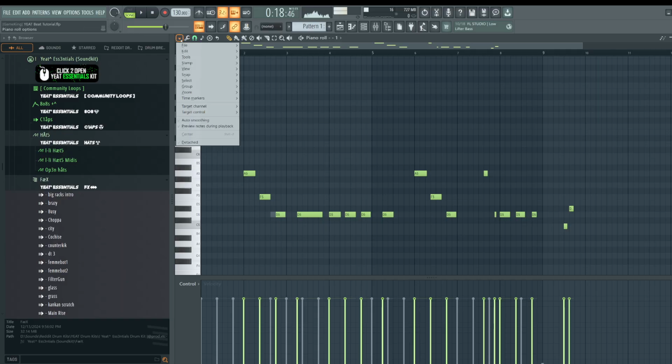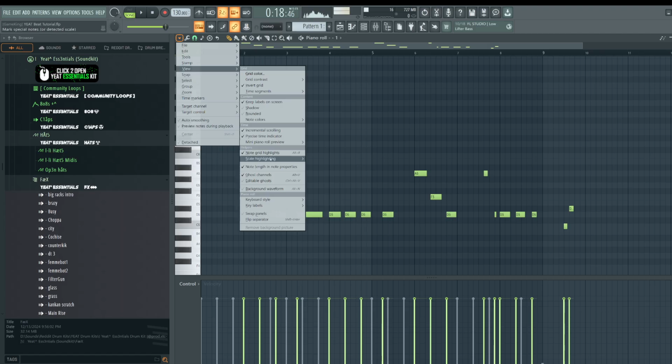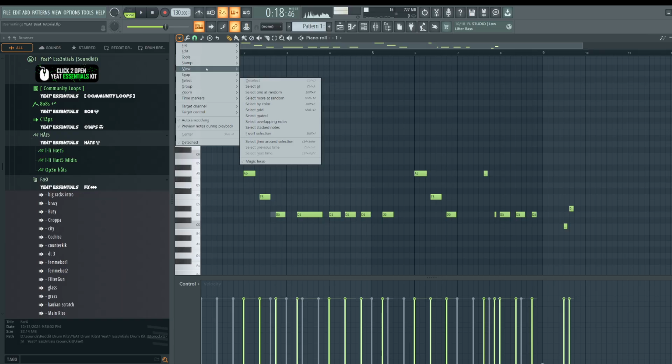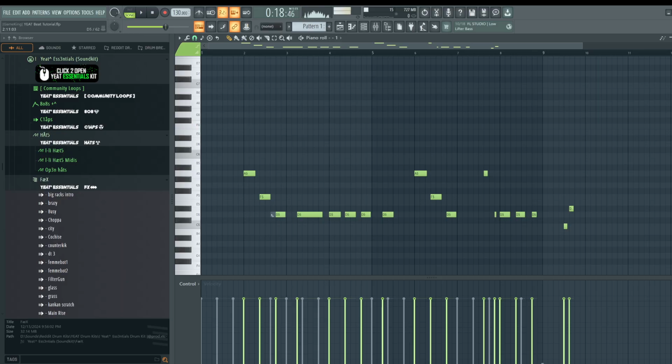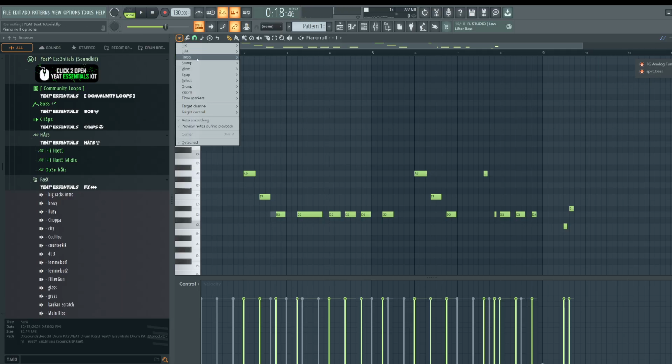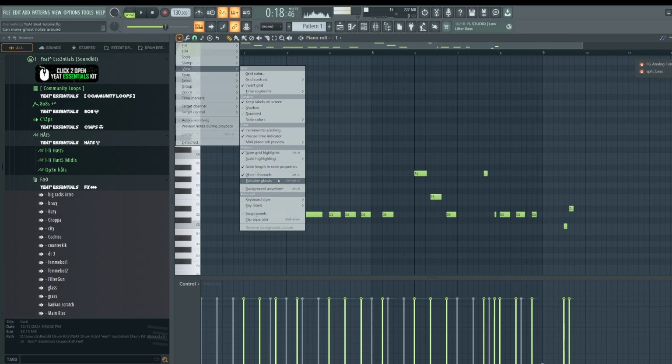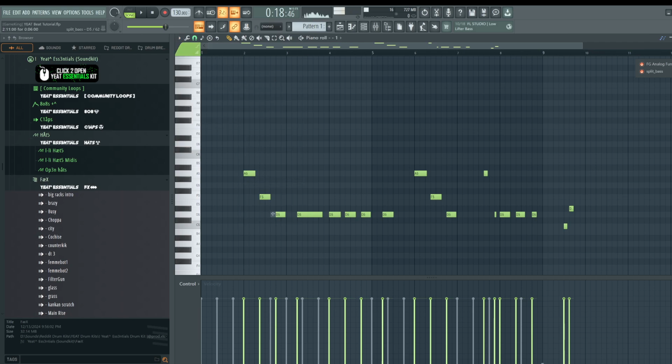If you don't, go to the top left, go to View, and go to Ghost Channels. If you're in older versions of FL, I think it's called something like Helpers, and then go to where it says Ghost Channels. Turn that on. So now the grayed out note in the background is the other bass. And in the new FL 24.2, you can go in the top right, click here, and turn specific sounds off or on. And I think if you go to the View and turn on editable ghost notes, you could actually move the notes that are grayed out to different notes.